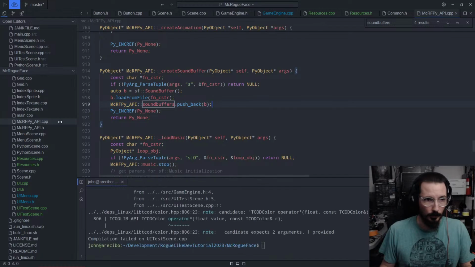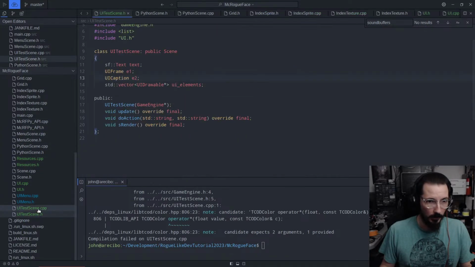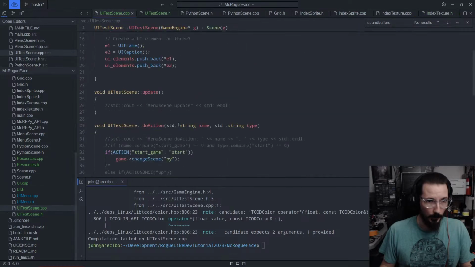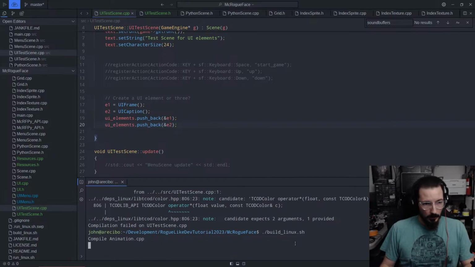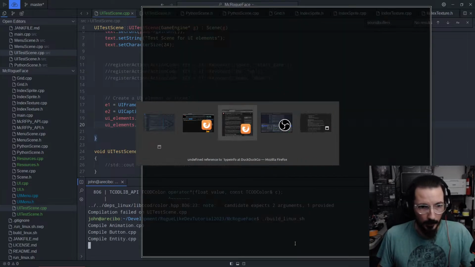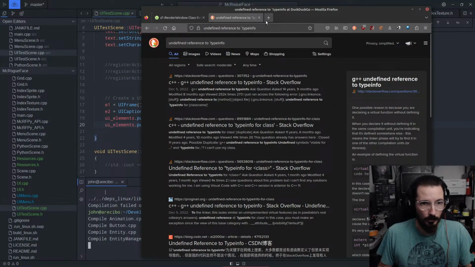I'm using the wrong symbol. That's how bad at pointers I am. So here should be address of or reference to. Let's see if that works, and while it's compiling all over again, while I'm stretching,